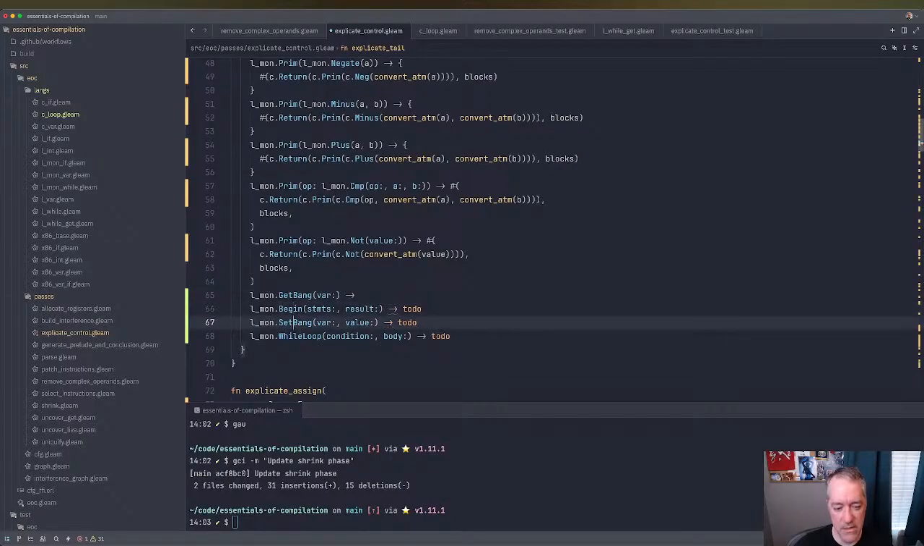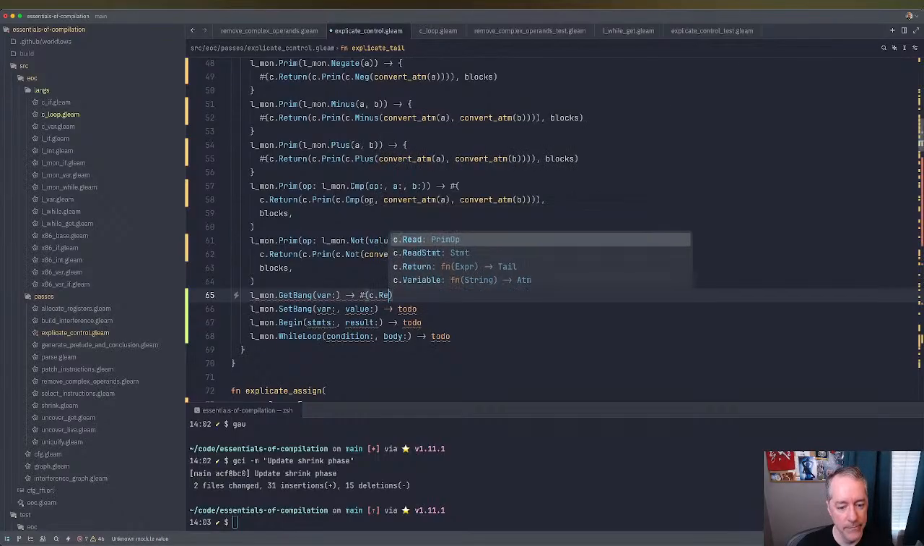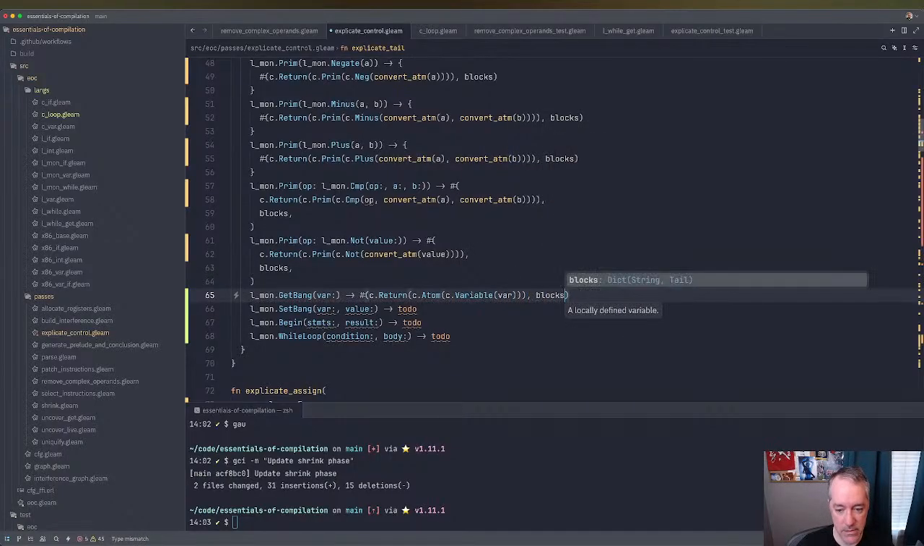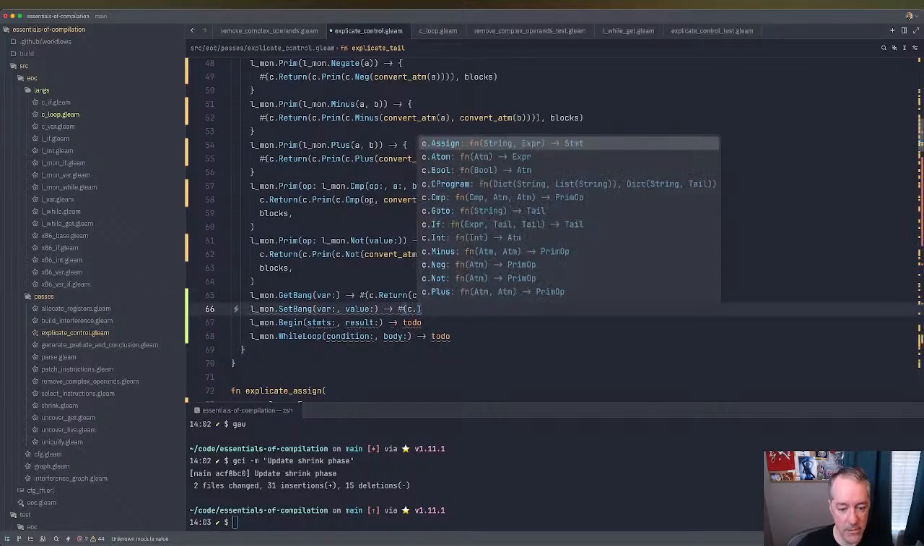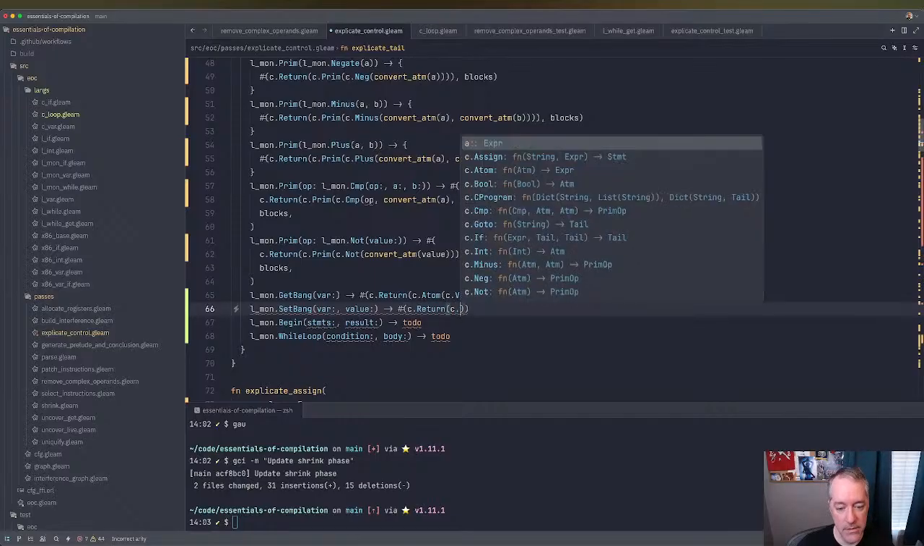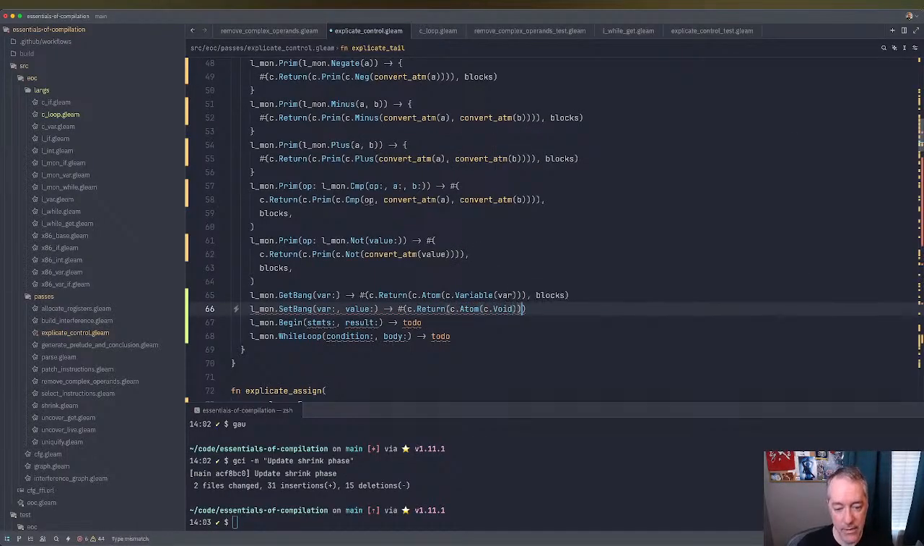So let's do get bang and set bang. This is basically the same as the variable atomic up above, right? So this will be c.return, c.atom, c.var, variable var, and then blocks. Okay. For set bang, we have c.return, c.atom, c.void, and blocks. Now we need to